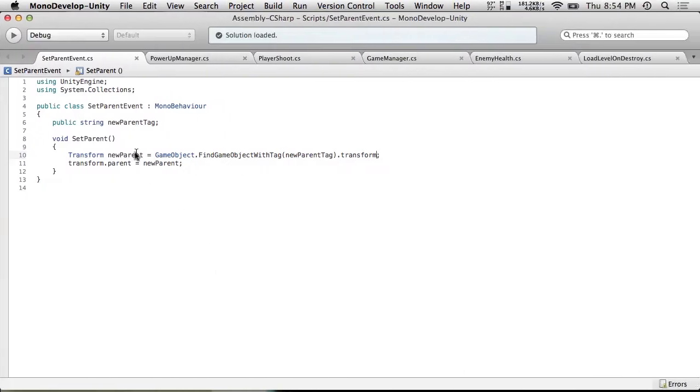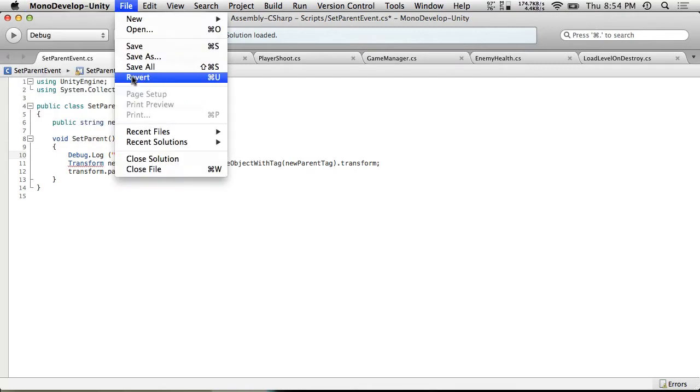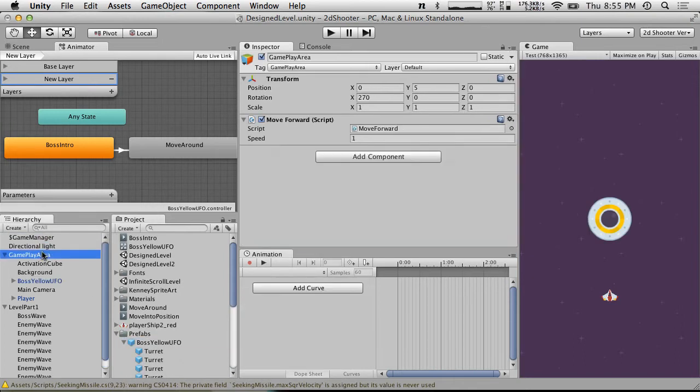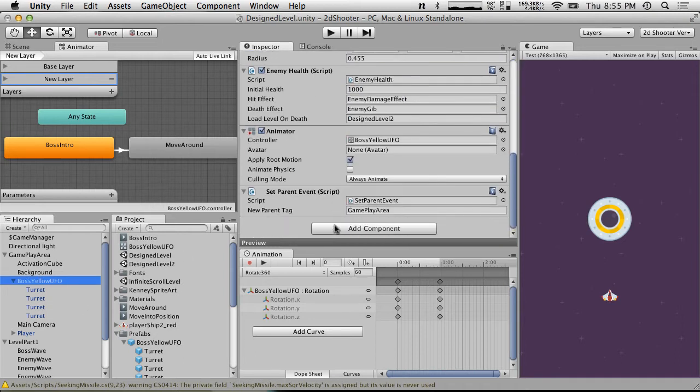And actually, let's put a Debug.Log here, saying totally setting parent. Save. All right, and I'm going to bring in our boss yellow UFO again. Yeah, he can be in the gameplay area for right now. Who cares? And what we're going to do is